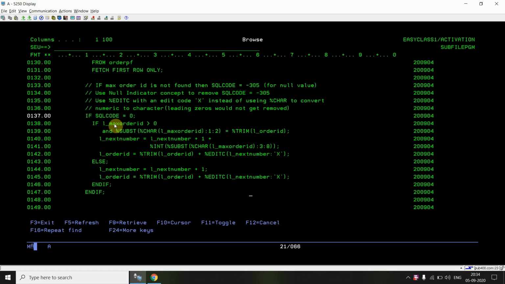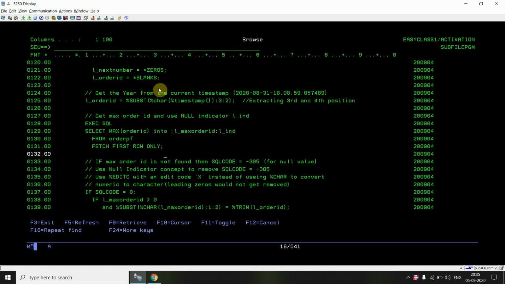In case the max order ID is found, we will check whether that max order ID, from the first position till the second position, equals the L_order_ID. Since L_order_ID currently has the timestamp of the current year, 20.